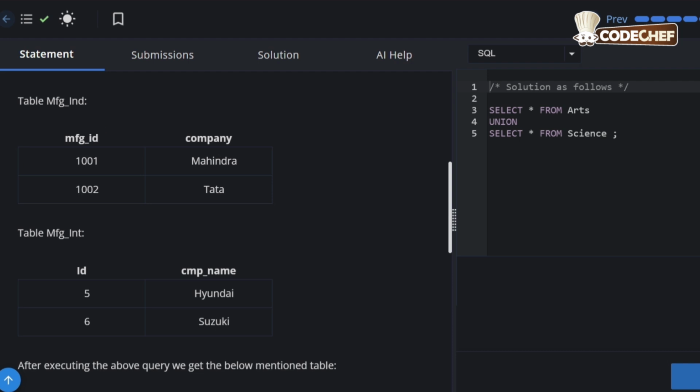This is just an example for your understanding. So here in table MFG there are two columns for ID and company name. Similarly, in the second table also we have two columns for ID and company name. So both the tables have the same number of columns, 2 for each. And if you see ID and ID, these two have the same data type, and company name, these two have the same